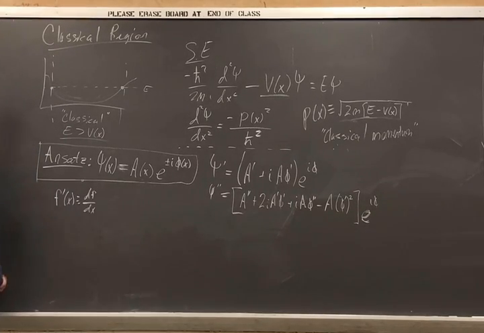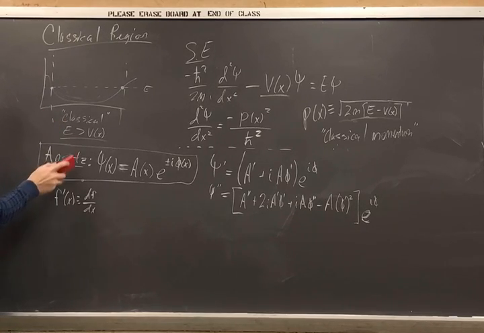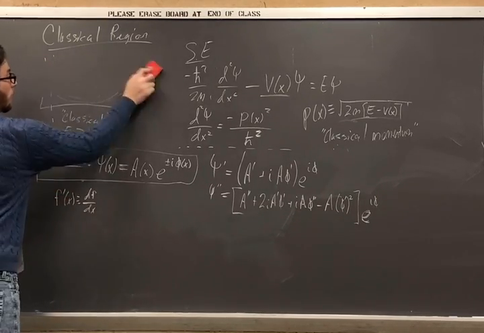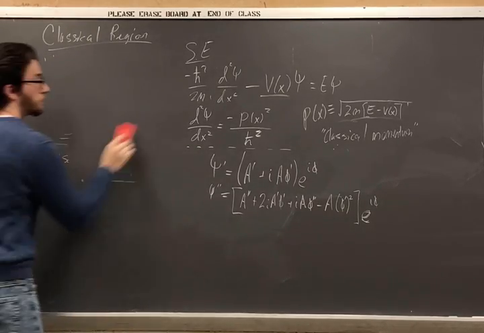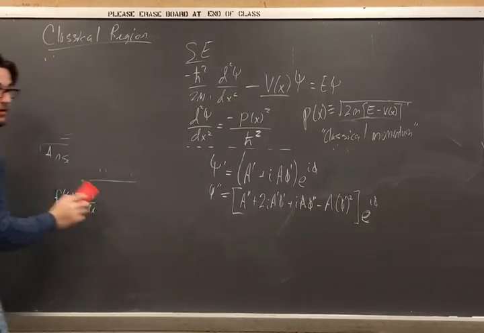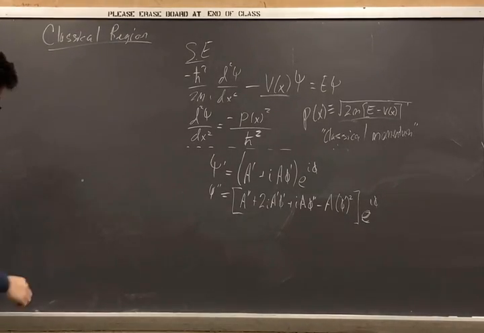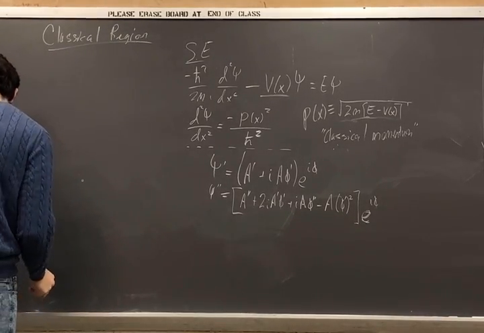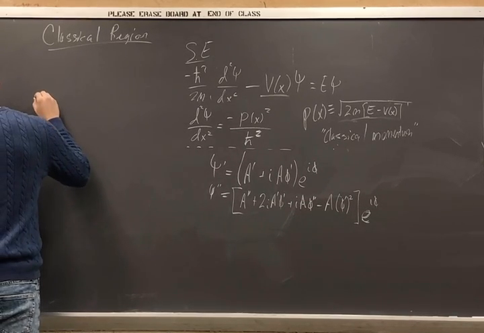So is it all right if I erase this kind of stuff? Has everybody got it? Okay. So guys, remember this. We're in this classical region, and we're going to use this ansatz again. And again, we're using that formalism. So from this, let's plug that into what we got for our Schrodinger equation. Okay. So now we have kind of everything working out with us. We'll plug that back in, and we'll see that